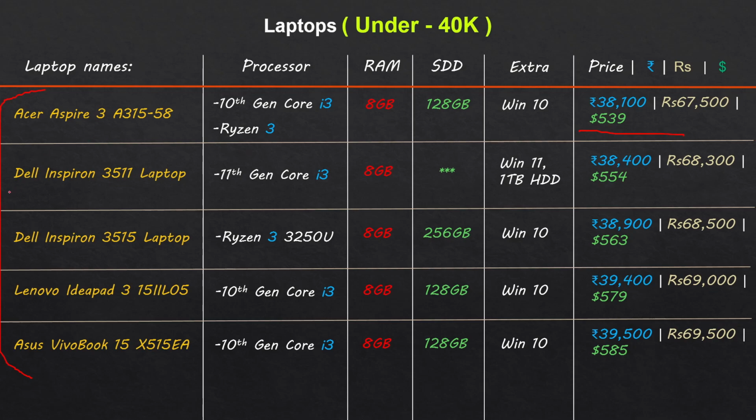The second one here we have is a Dell Inspiron with an i3 11th generation, 8 GB RAM, but it doesn't have an SSD, so it is not preferable for me. It comes with Windows 11 and a 1 TB HDD free in this price range. So I would prefer this Dell Inspiron